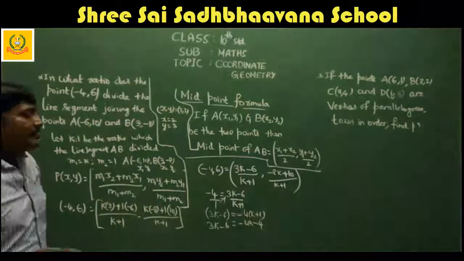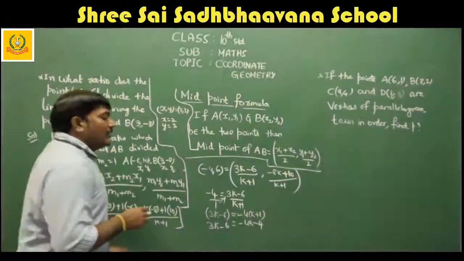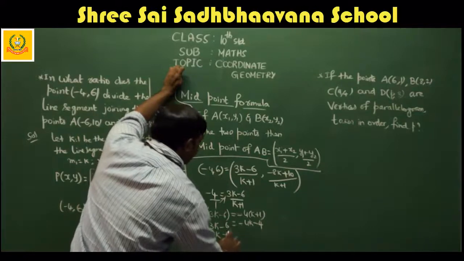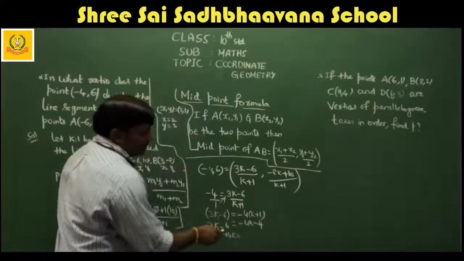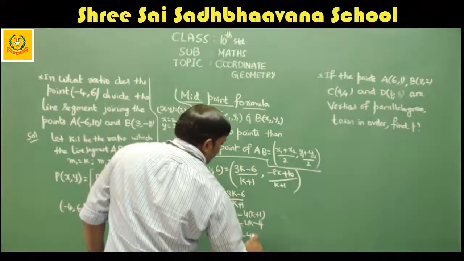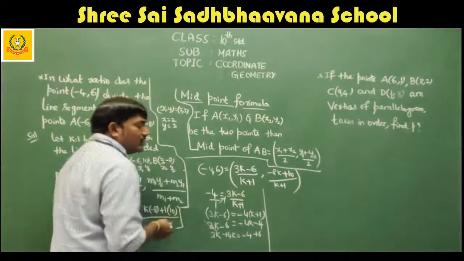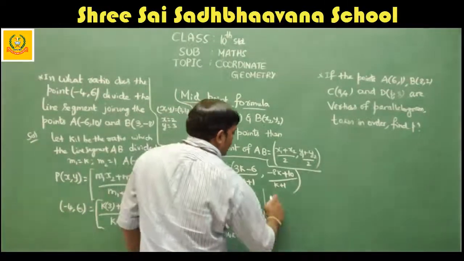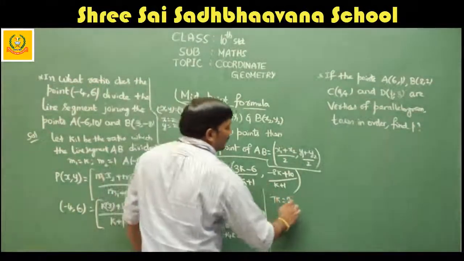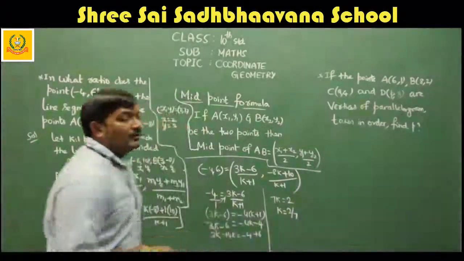So what I'll do, I'll just take this minus 4k to this side. So what happens? 3k plus 4k it will become. Minus 4k, if it comes to the LHS, it will become plus 4k, and minus 4 plus 6 it will become. Correct? So here it is minus 6. If I send it to RHS, it will become plus 6. So what do you get? 7k, correct? 4k plus 3k is 7k, and 6 minus 4 is 2. So k is equal to, this 7 will go that side, 2 by 7.